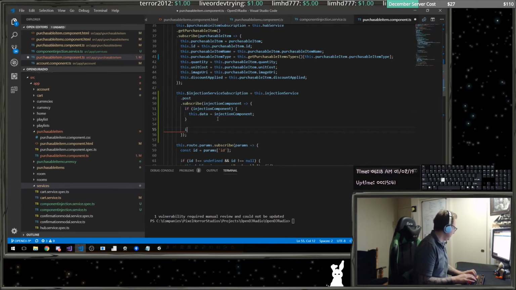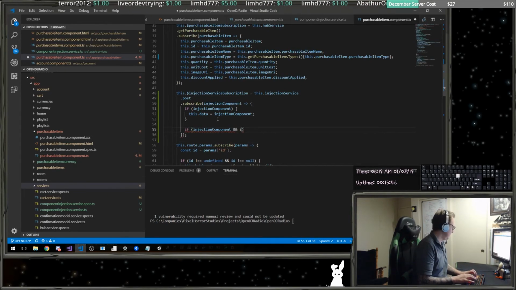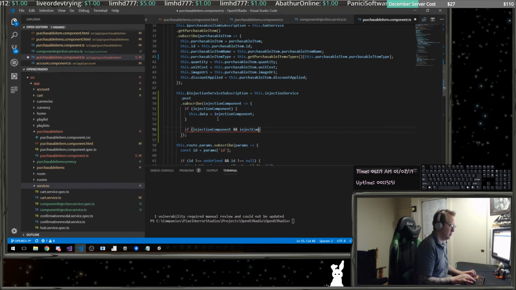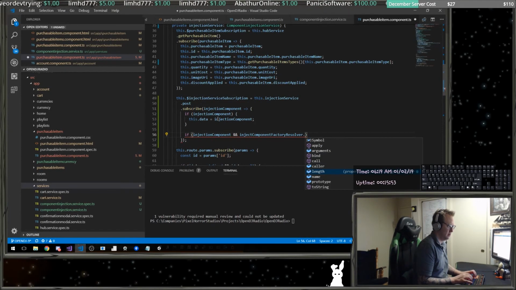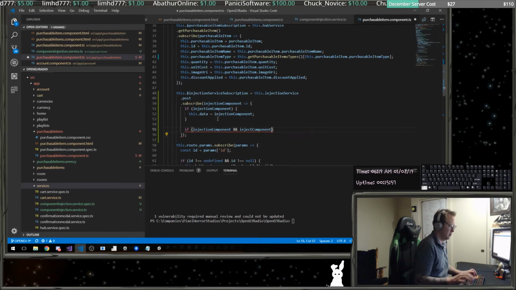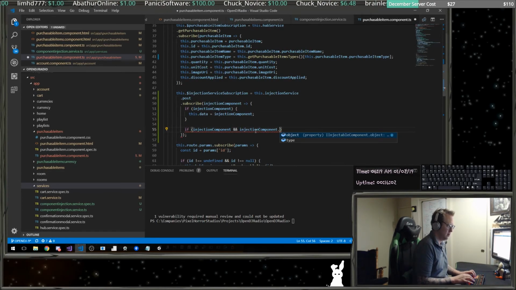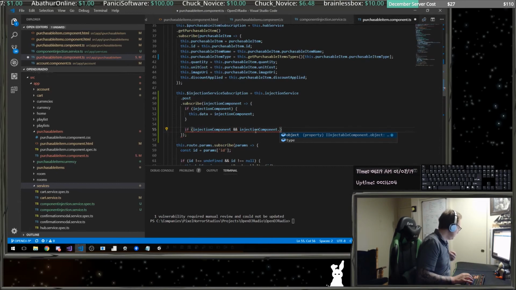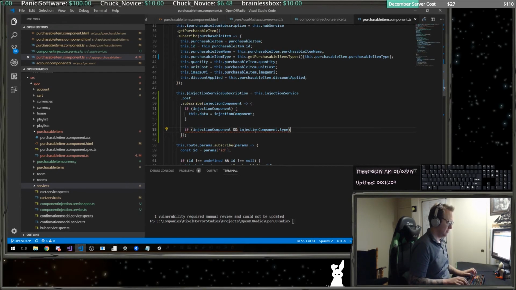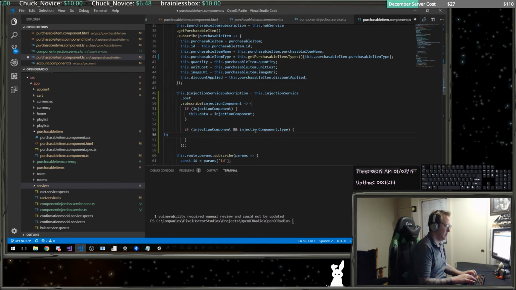And then below this, I want to say if my injection component exists and my injection component dot, and all we have in here is a type, then what we want to do is I want to do a injection component